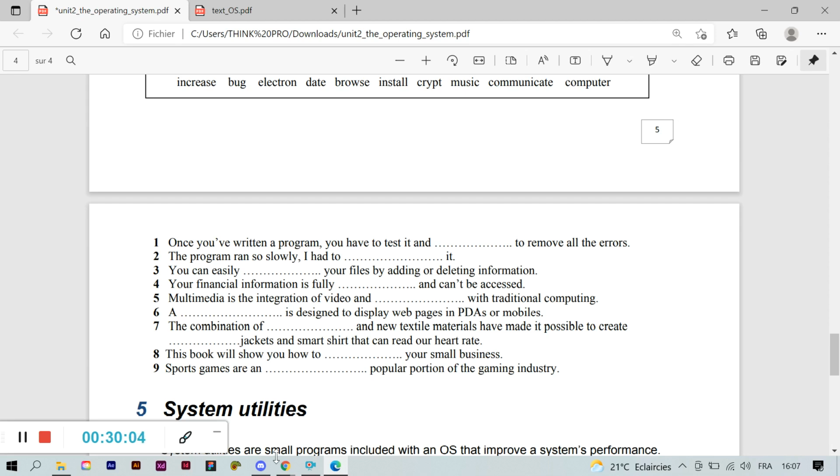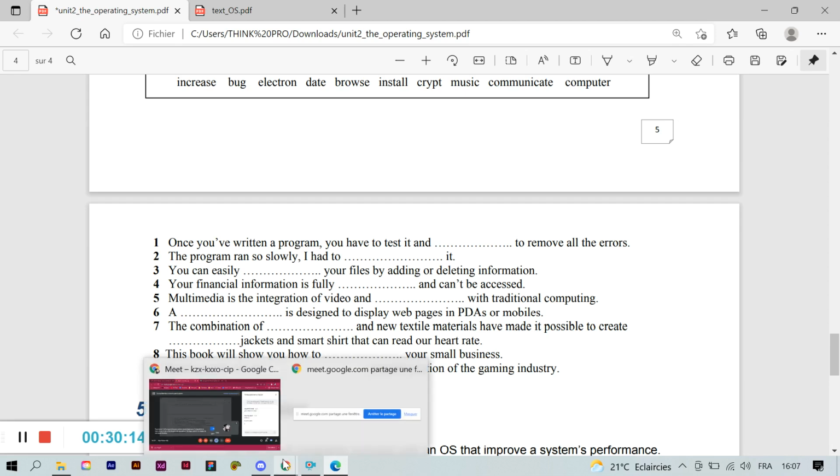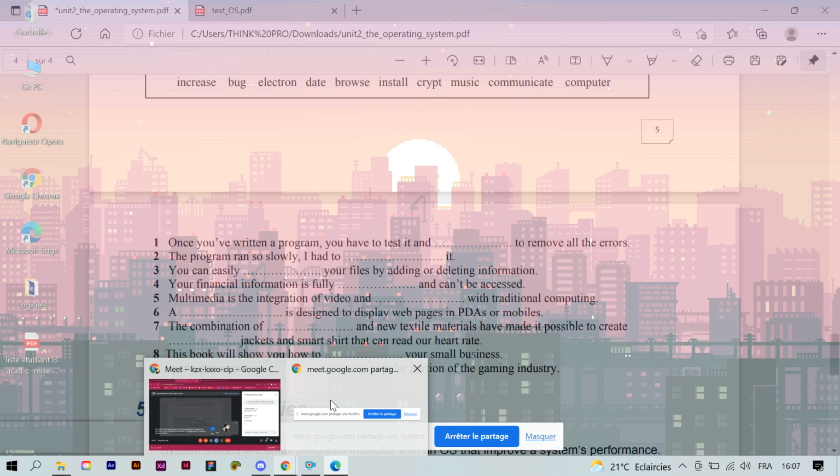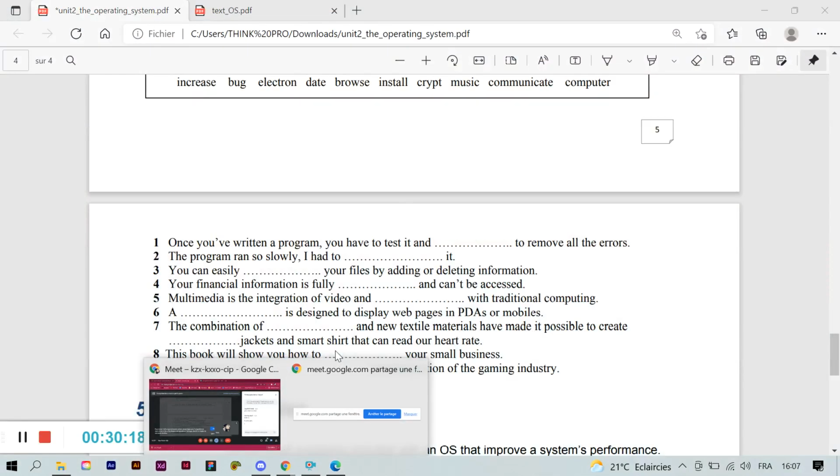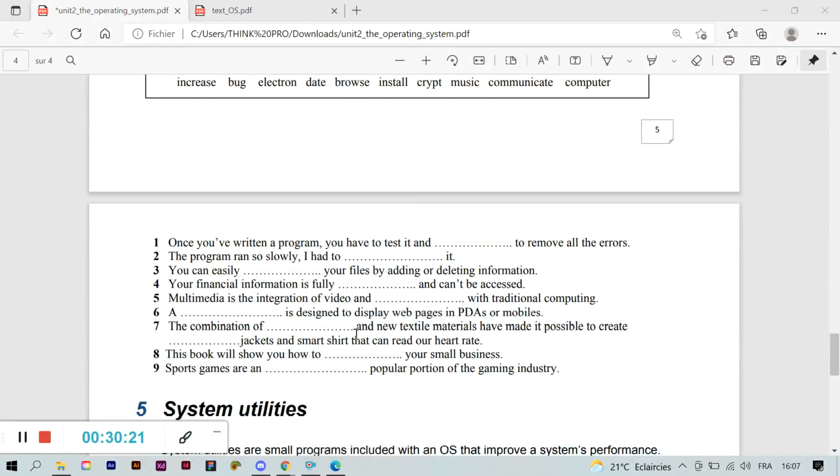Is it designed to display web pages in a web browser? Browser. The combination of communication and new textile materials have made it possible to create the combination of textile, which is part of communication. The combination of communication and new textile materials have made it possible to create